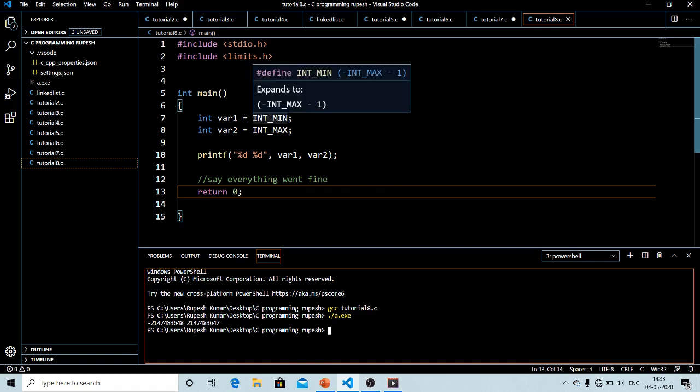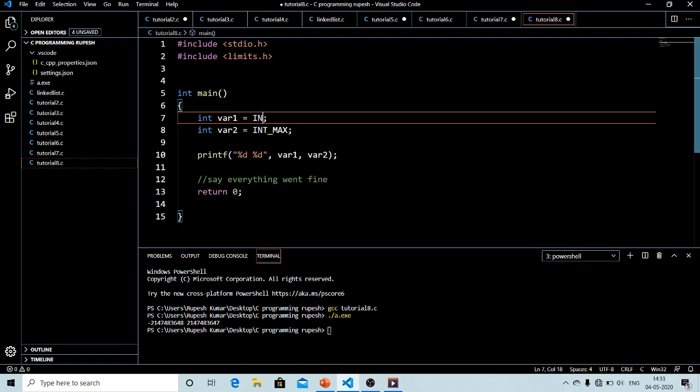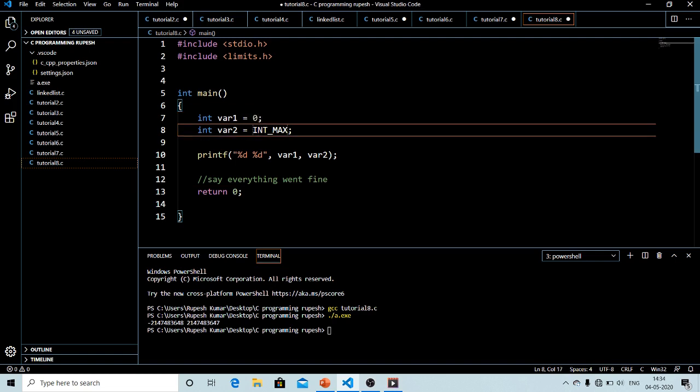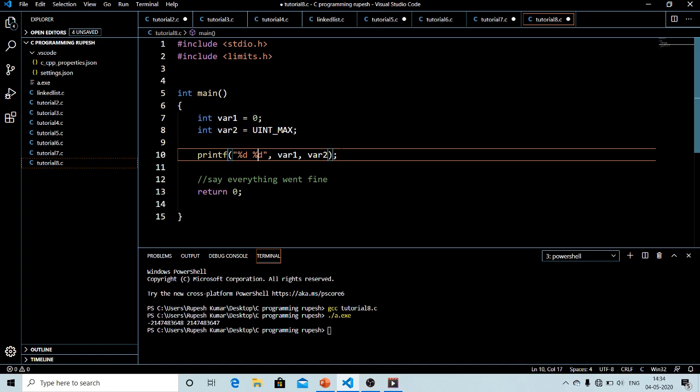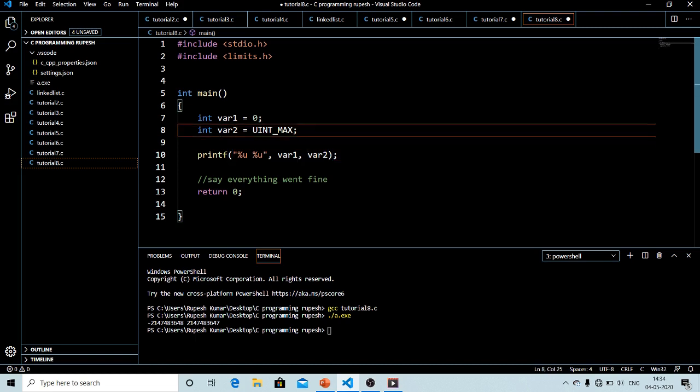But for unsigned int, the lower bound of course is 0, because it only takes non-negative values. What we need to modify here is to put U in the macro, because I want the upper bound for unsigned int, and we need to change the format specifier for unsigned int, which is %u.